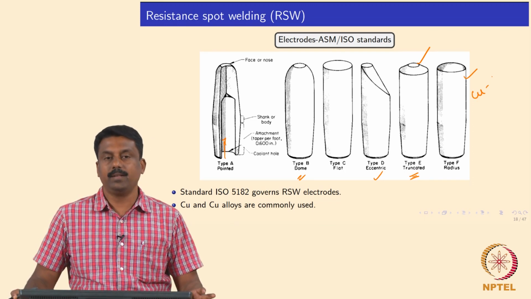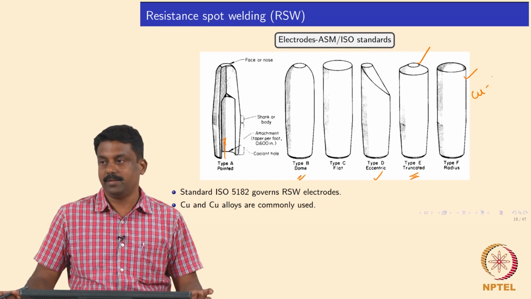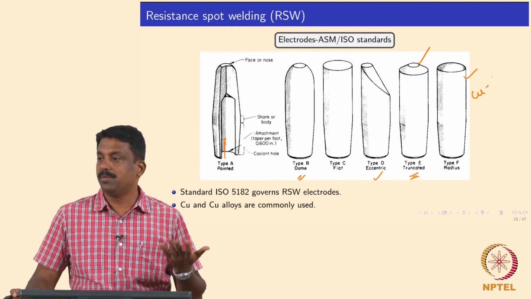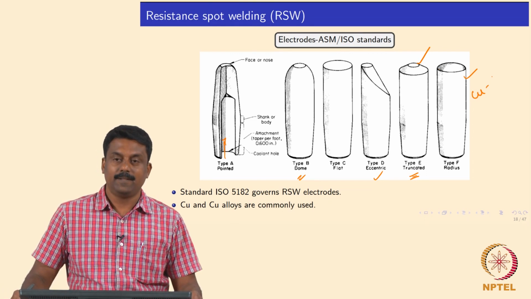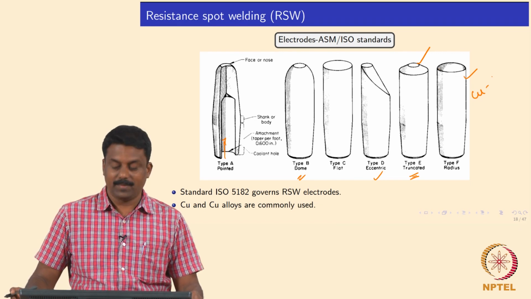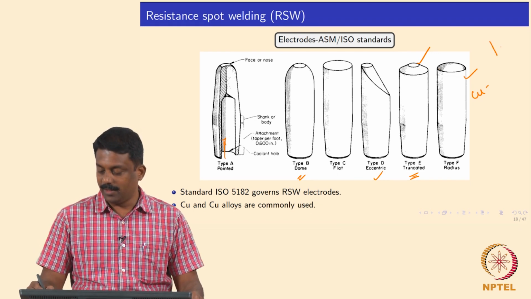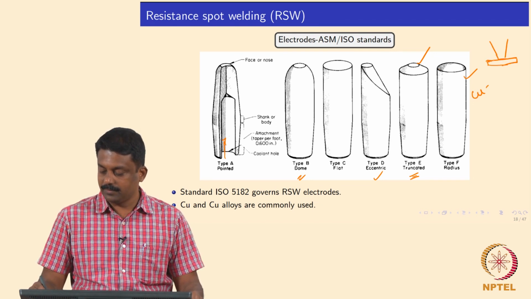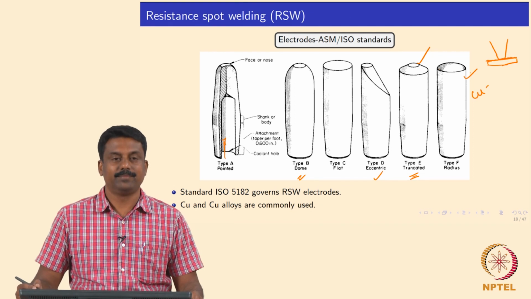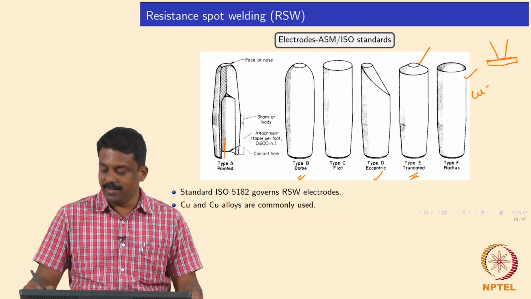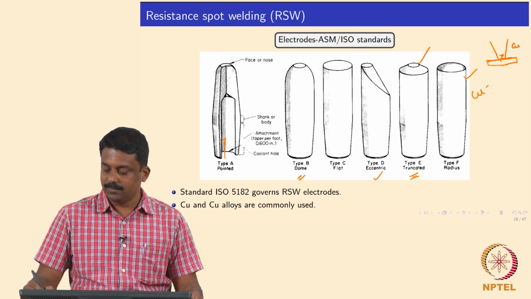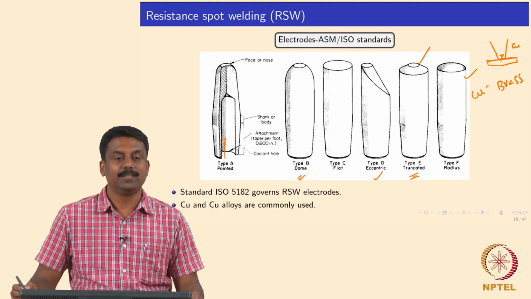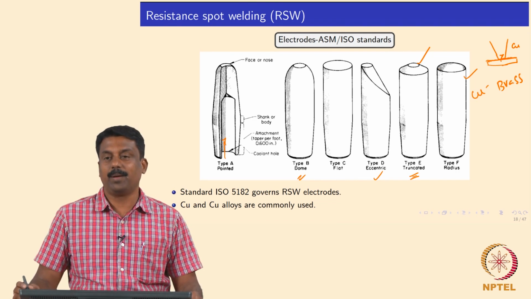Okay, so if you use copper and you are welding a galvanized sheet, what will happen? Most likely the zinc would diffuse to copper, then what will happen? So you have an electrode on top and you have a material which is galvanized. If zinc diffuses to copper, would you form brass? Isn't it? So it's a big problem.